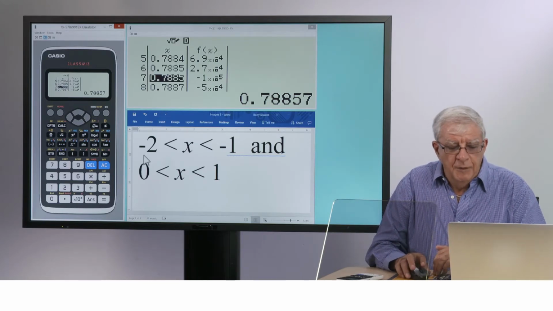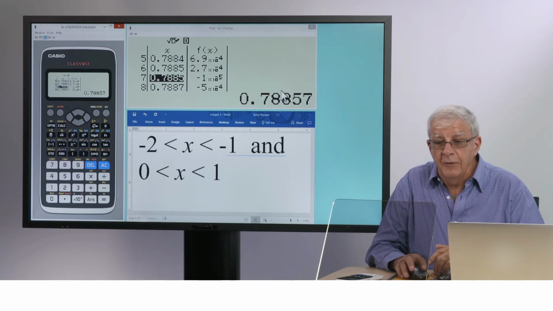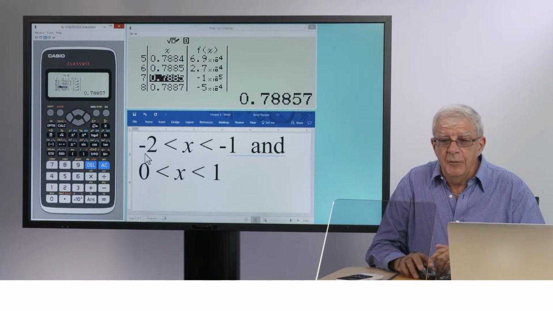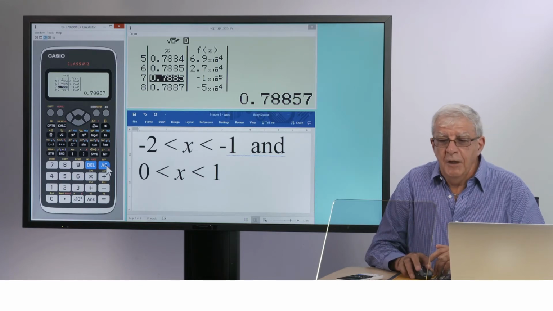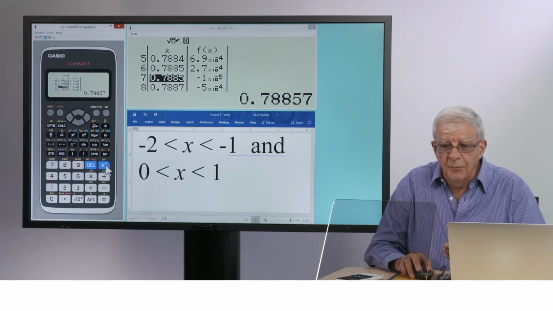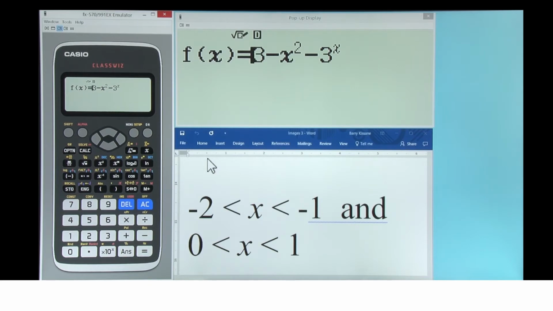Now you might remember that, as you can see on the screen here, there were two roots of the function, one between 0 and 1, and we have a very good idea of what the value there is. We can find the value between -2 and -1 to get a good approximation to that root as well. How would we do that? We'll do that quickly this time so you can see the process. It's the same process as before. We'll start with the table between -2 and -1.